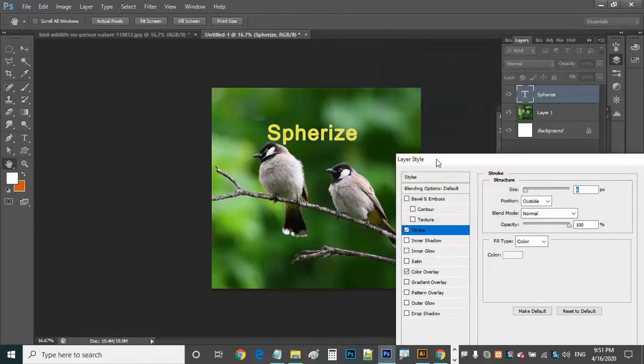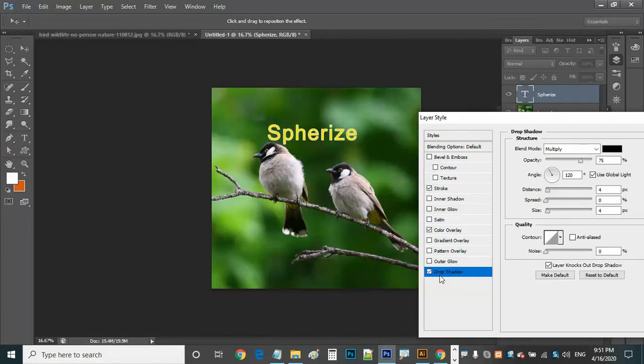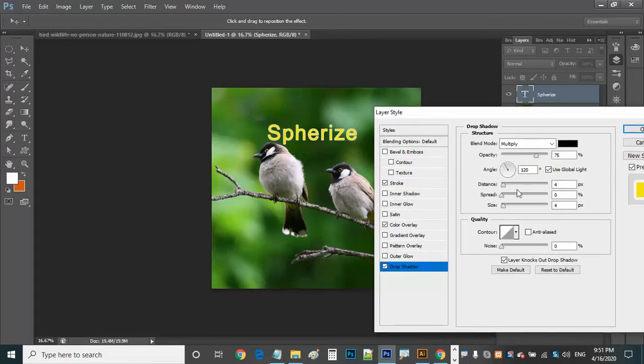So right now I want to apply some drop shadow also for this. We have so many styles are available in this. I can use the drop shadow. There is a drop shadow here. Can you see this? There is a drop shadow. There are some settings are available here. I am keeping that settings, and if you want you can change this. The distance I want to change it. You can see that there is a shadow here. Can you see that shadow is getting changed? These are all not important for the Spherize shape. These are all not important, but just to make it more effective, I am using the text here.